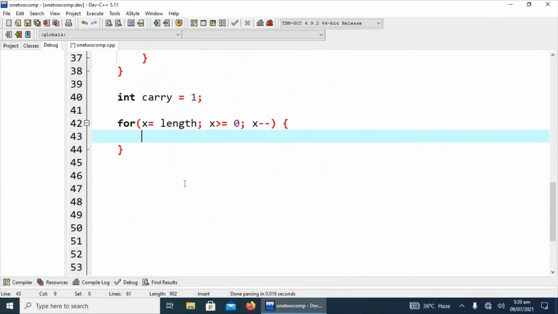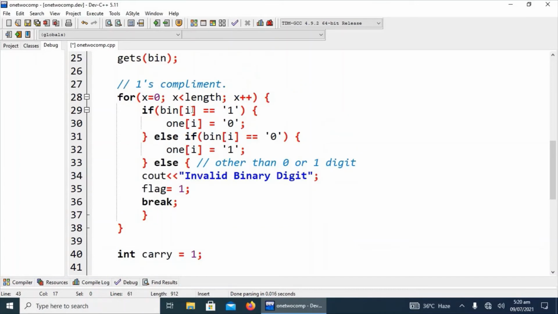Okay, so let's start. Here we have a condition: if ones array of x, here we will have to replace i by x, because we have the counter variable x.